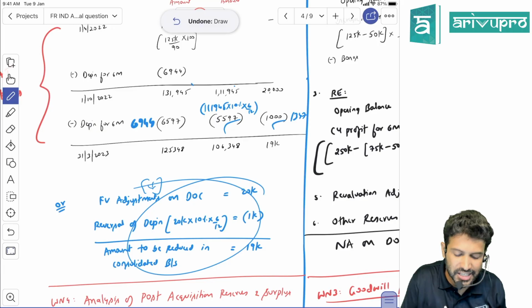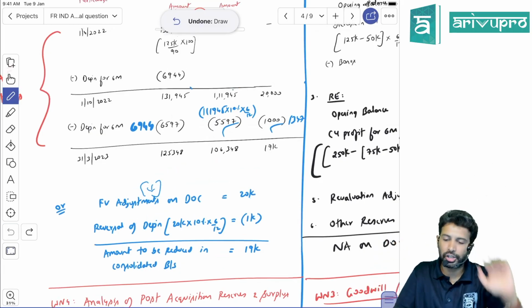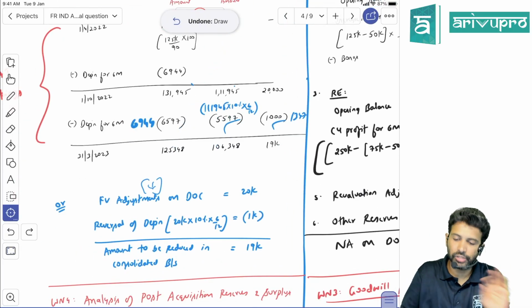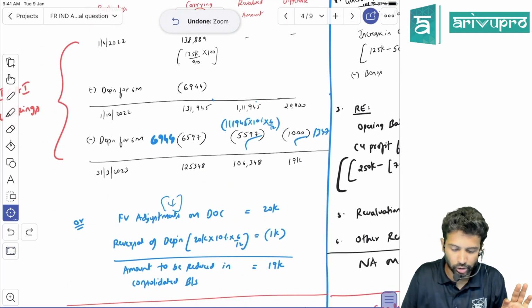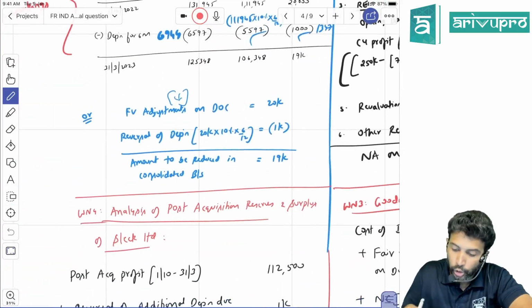ICAI is following this particular method. I slightly disagree with that, but follow this only for the examination. Do not follow my approach, you might end up losing the marks. But in my view, what I have done is right. I just wanted to put that across. That's all. Follow this only in the examination. I think I've made it clear how you need to apply which method.